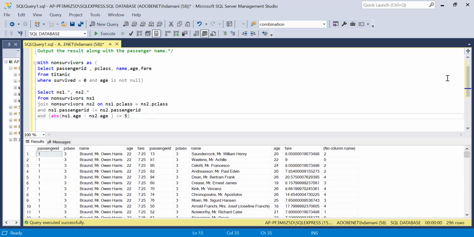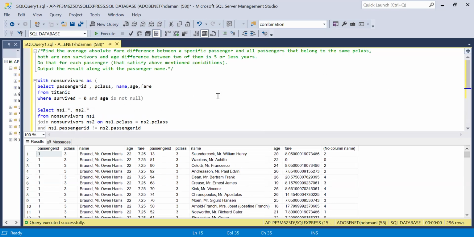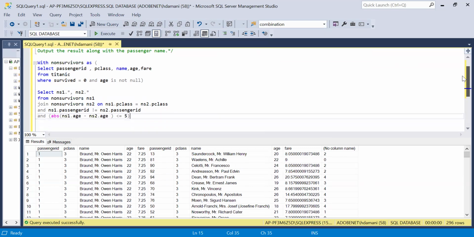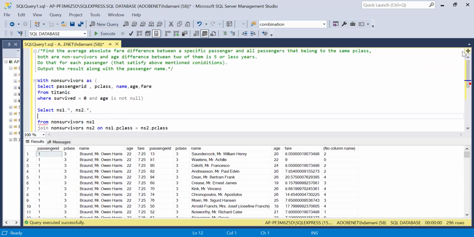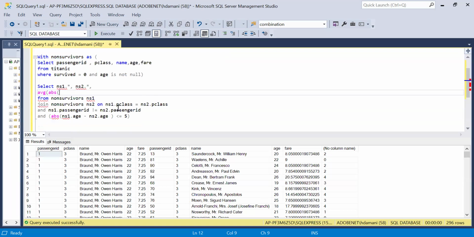So now what we have to do is calculate the age difference between the two passengers, right? And after calculating the difference, we have to take the average as well. So I will use average, which is the absolute value of the difference. It should be absolute. Okay, so this will be my difference, and I will give it an alias as average